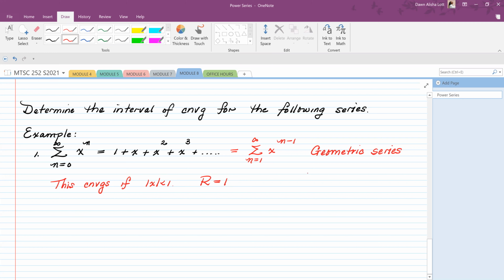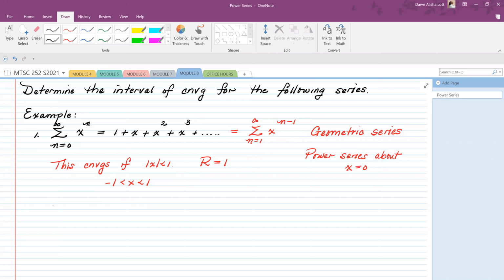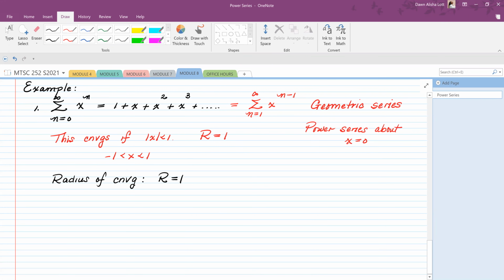This is a power series, and so we're going to get minus 1 less than x less than 1. So the radius of convergence is 1, and the interval of convergence